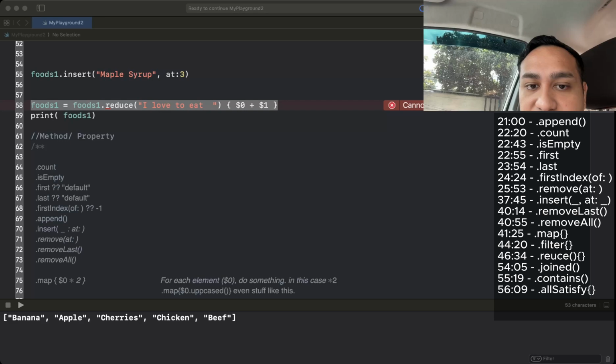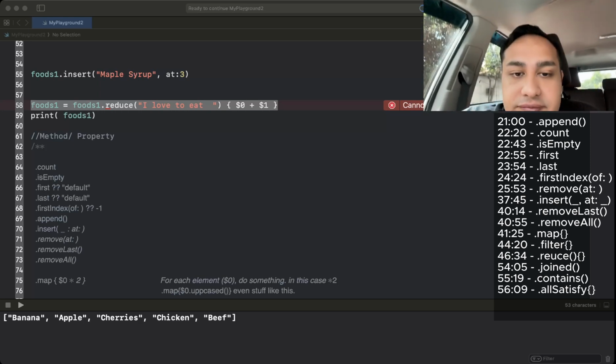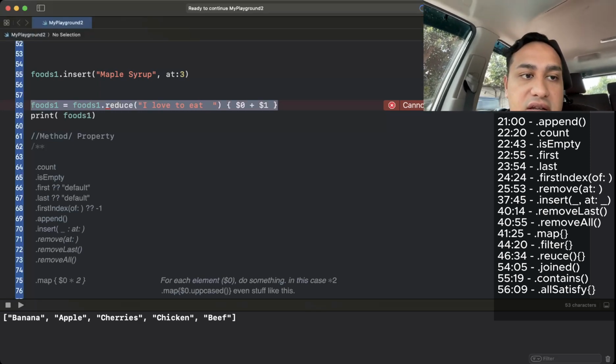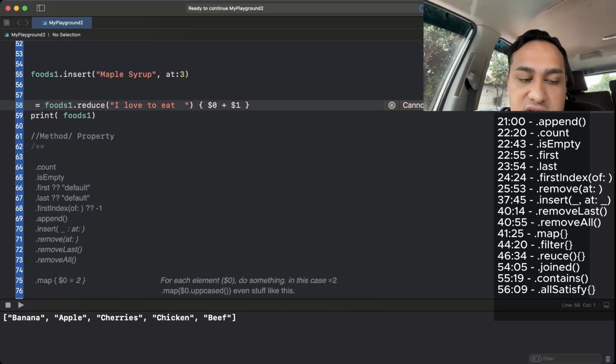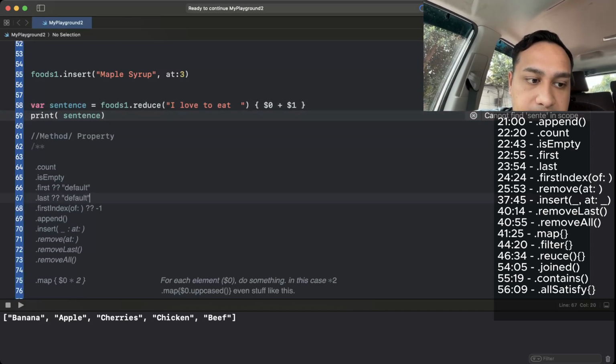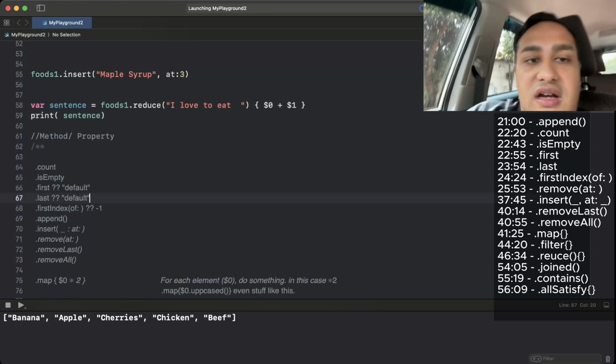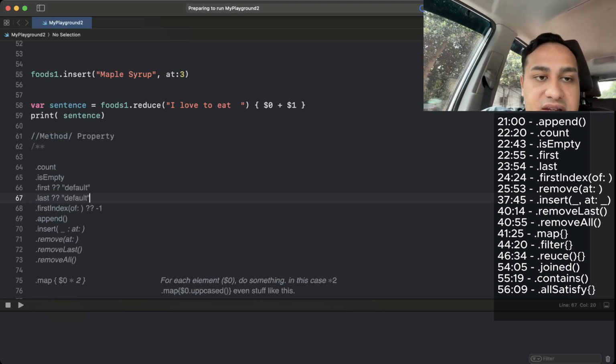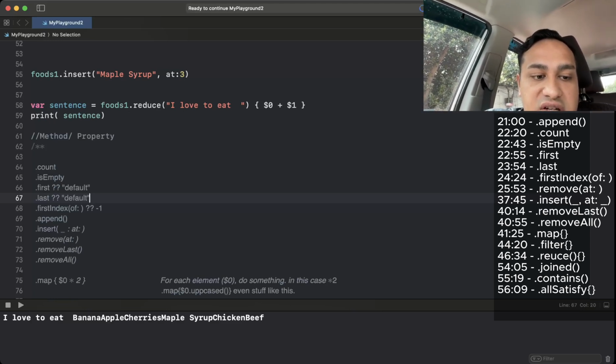Store the results in a new string. Oh my god, that makes sense. Okay, so hello. Yes, that does make sense. We just make this into a new string. Okay, hello, this is my sentence, and then we print the sentence, because this is actually an array, and we were trying to make this back into an array. Obviously, that makes sense, logically speaking. I like to eat banana, apple,